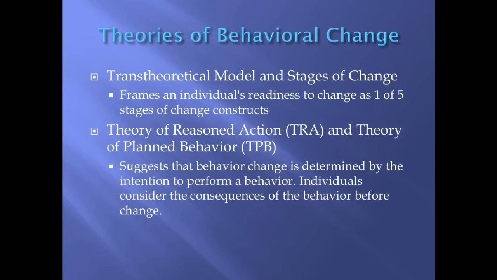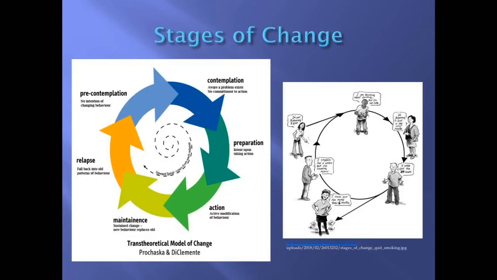So the most common theory of behavioral change is a trans-theoretical model, or the one by Prochaska and DiClemente that talks about an individual's readiness to change in one of 5 stages, right? That's the pre-contemplation through to maintenance and relapse that we probably all hear about, is most heavily used in substance use disorders, but it really can pertain to nearly every strategy for change that you have.